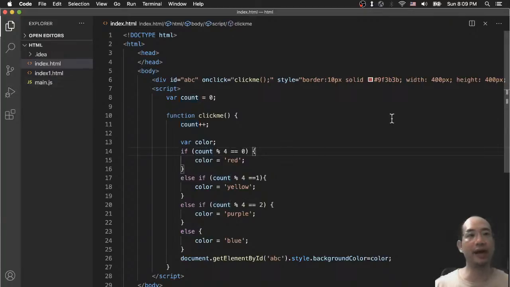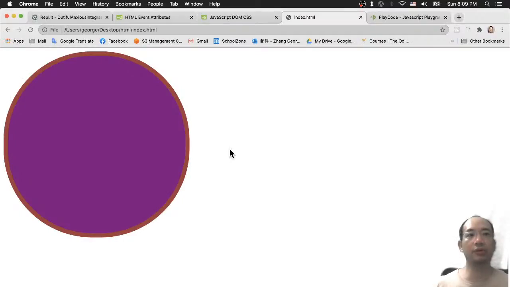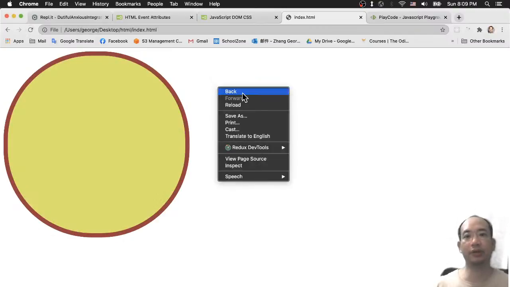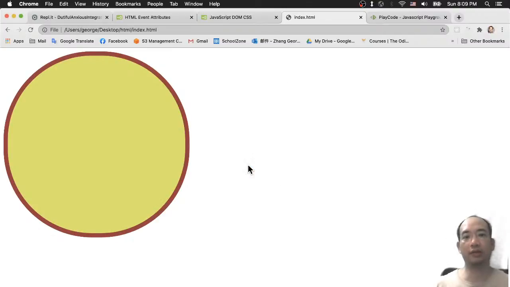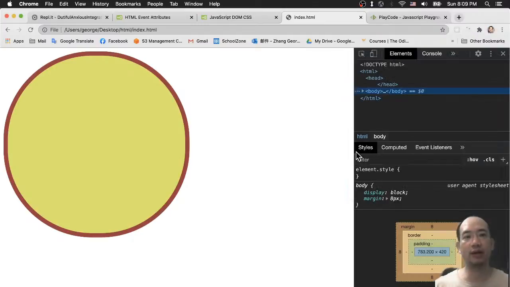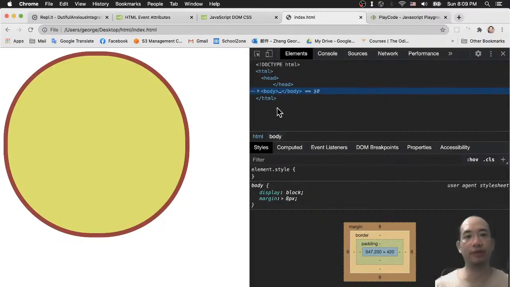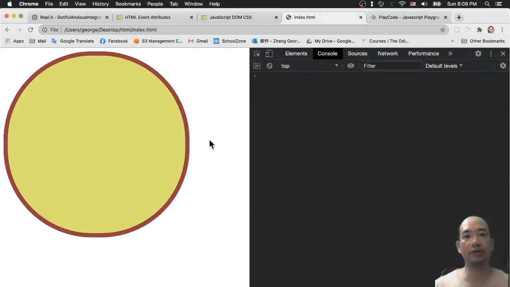So if you have some problem with your code, what you need to do is go back to your browser, refresh, and click on inspect, and here it will come up with a tab called console. You can find the console here. If you have something wrong here,